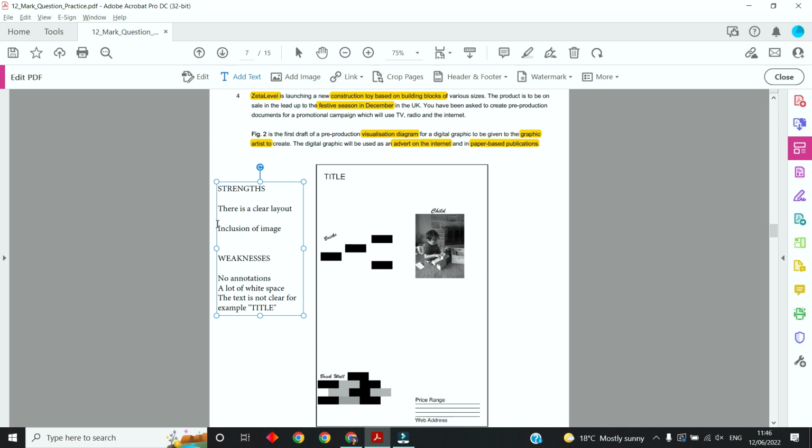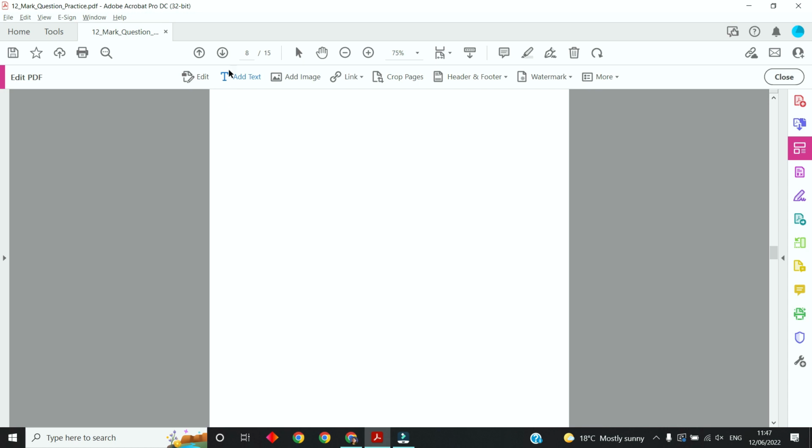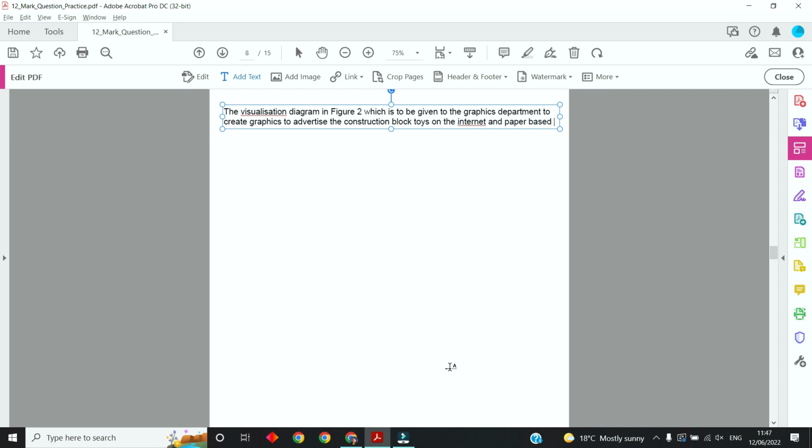Okay, so again, we're just going to follow that same structure again. So this time we've got figure 2 again. So let's go onto the new page. Let's start our text box. Let's draw that on here. So I'm going to say the visualization diagram. You can see how this is going now, can't you? Visual diagram in figure 2, which is to be given to the graphics department to create graphics to advertise. Again, key terms in there. The construction block toys on the internet and paper-based publications